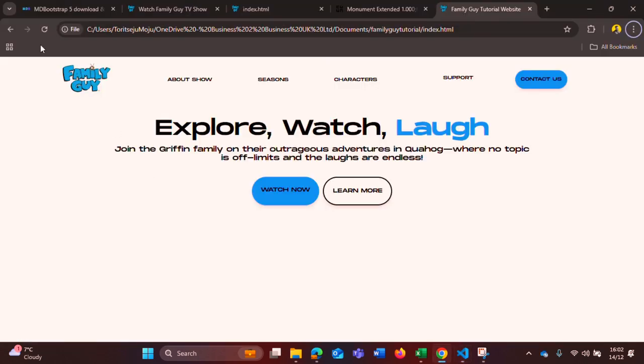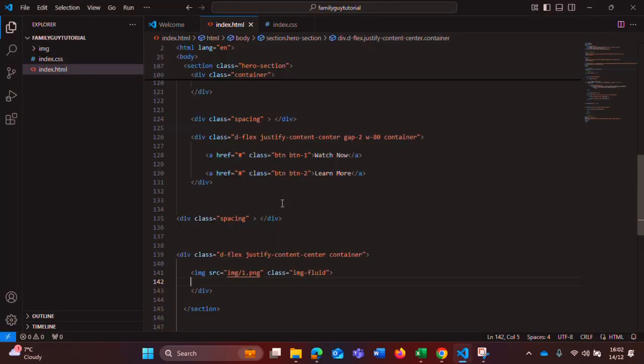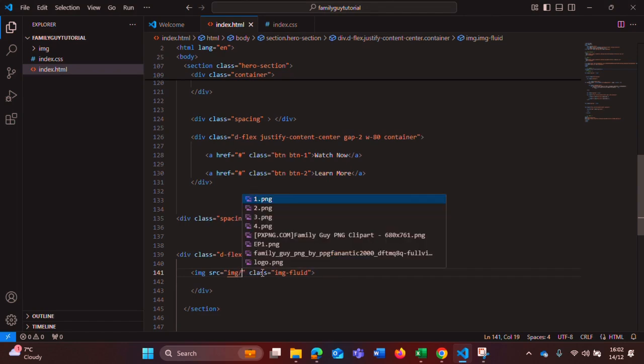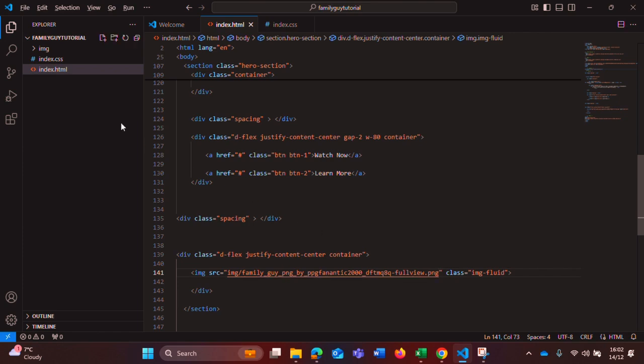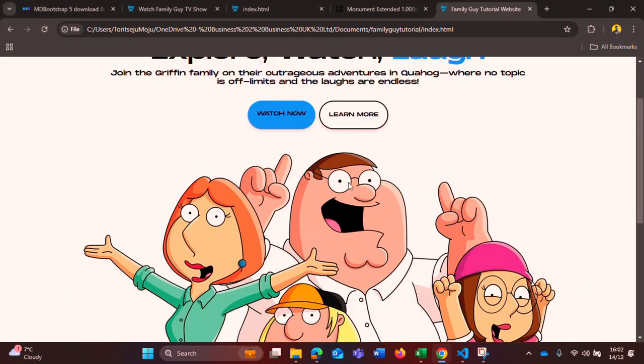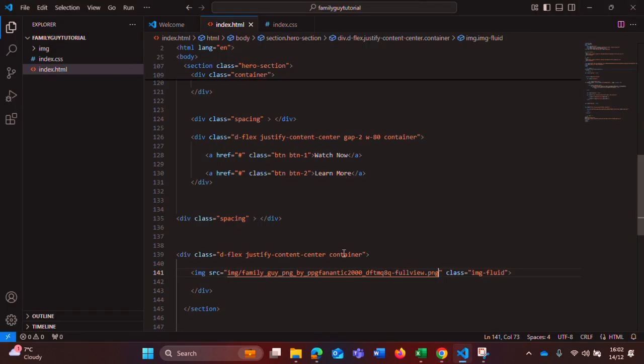That is just to call the properties of the img tag for Bootstrap. I refresh this. We should see the image now. Oh, sorry, that's not the right image. What's the first image again? I think this should be it. Yeah, okay, that is it. But